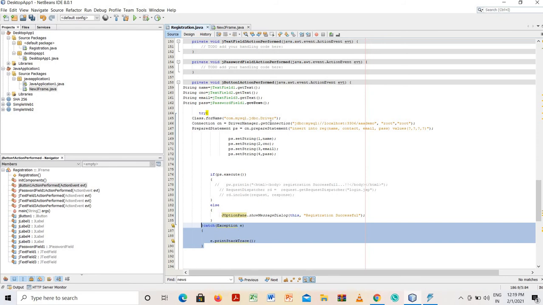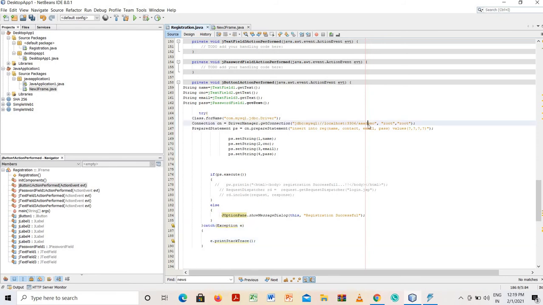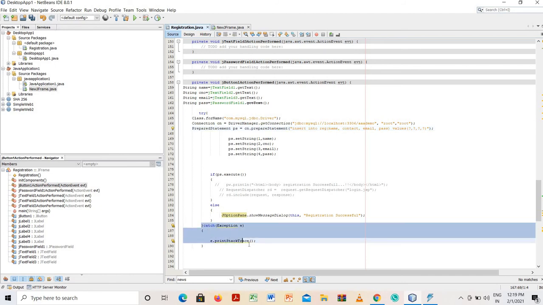Here there is a database named AAA demo, and in that database there is one table named reg, with these columns. But what will happen if there is no database like AAA demo, or no table like reg, or no column with a name? In such a case an exception may occur.